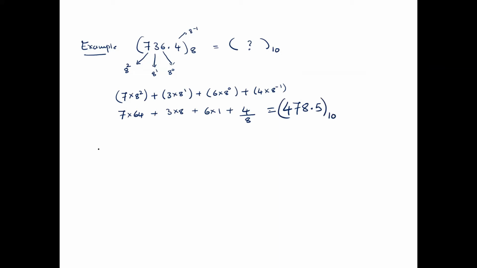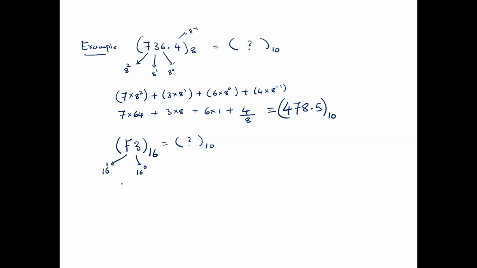Okay, now I will take another example, say 53 to the base 16. So this is a hexadecimal number system. Now we are supposed to convert it into a decimal number system. How are we going to do it? First we need to identify the place value. Since the radix is 16, the place value of this is 16 raised to 1, and this is 16 raised to 0, and we don't have any fractional part, so ignore it.